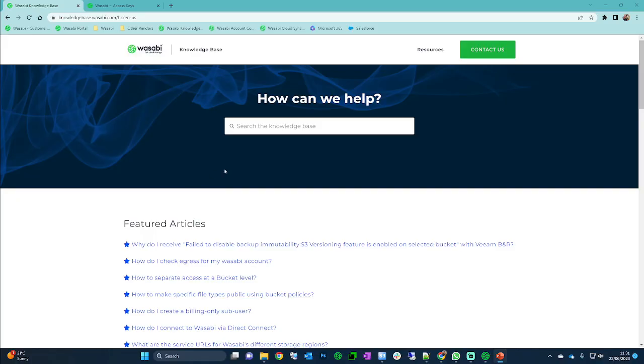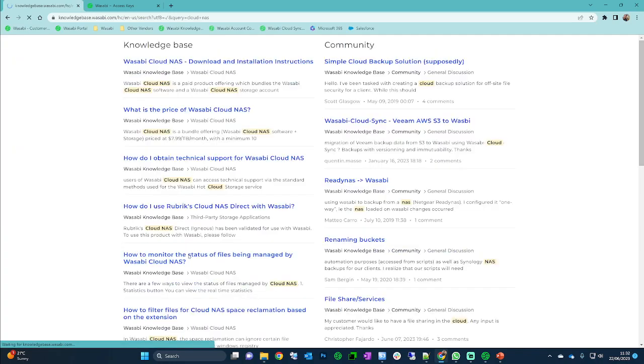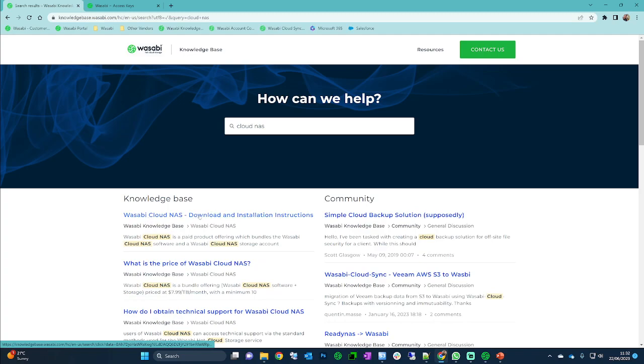So the first thing we're going to go through is where to find Cloud NAS. If you go onto the Wasabi knowledge base, which is knowledgebase.wasabi.com, you can come into the search box and just go for Cloud NAS there. Once you hit go, you'll see the first hit you get is Wasabi Cloud NAS download and installation